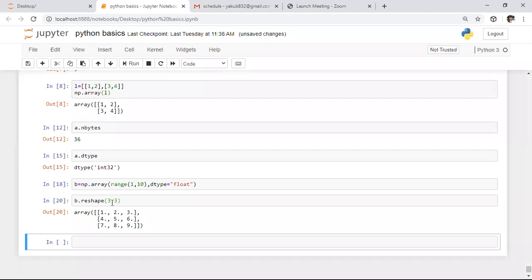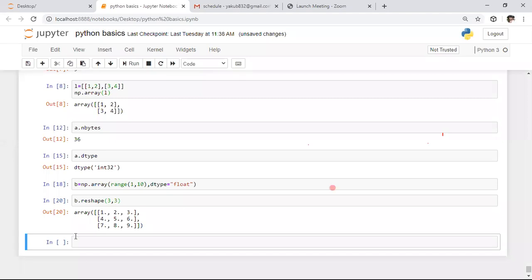One condition should be satisfied: whatever conversion you are applying, the defined array and the new shape need to have the same number of elements. Here 3 cross 3 is 3 into 3, which is 9 elements, and the original also has 9 elements. 9 equals 9, so this condition is satisfied.